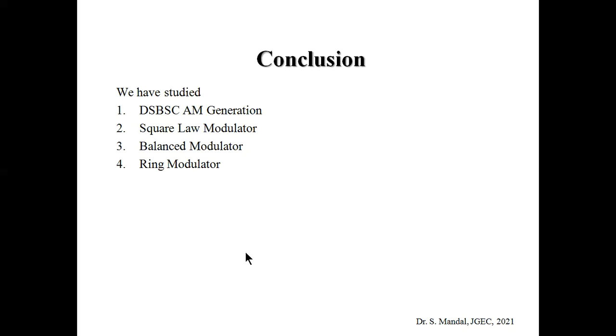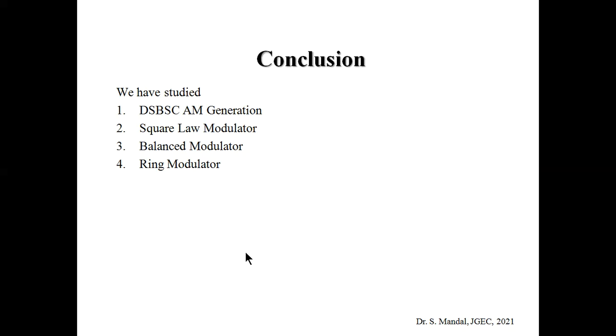Those are the square law modulator, which is very simple in nature but unbalanced. That means there is a DC term, a modulating signal part and a carrier term initially, and it generates the DSB-FC signal. Now, to overcome the disadvantage of the square law modulator, we use the balanced modulator, where we use